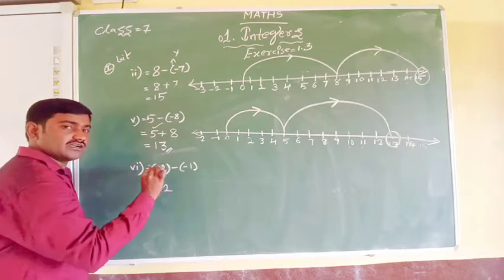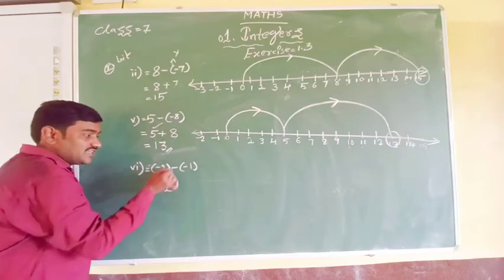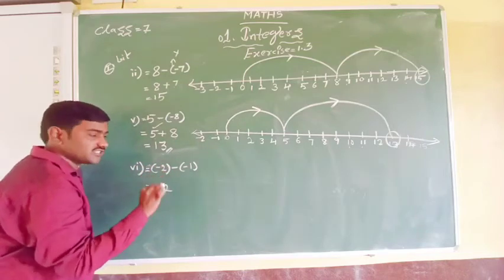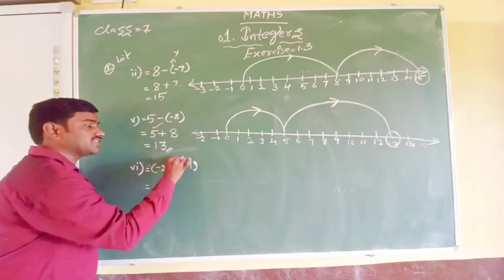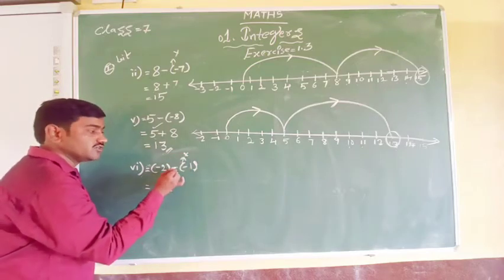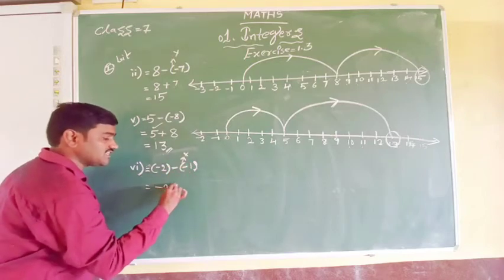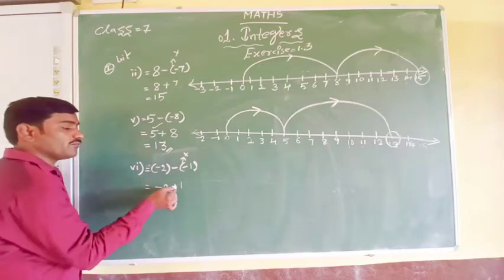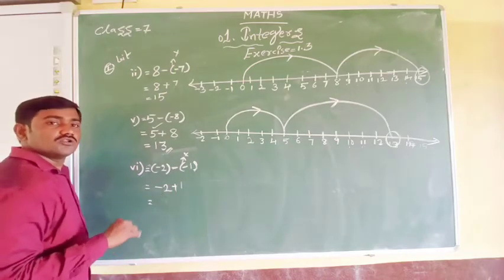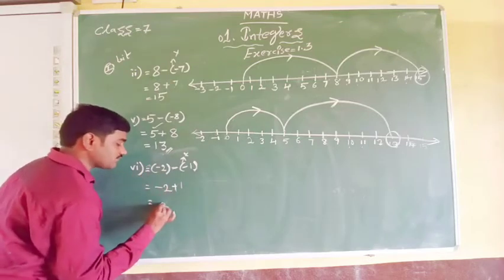If there is a bracket, definitely we have to multiply the symbols. But here there is none. This itself is the first number. So we write it as it is. Here we have two numbers immediately with a bracket. Bracket is nothing but a multiplication, we know. So we have to multiply these two symbols. Minus into minus, that is plus. Here 1 plus 1 we got. So here one positive number, one negative number we got. So what do we have to do? We have to subtract. 2 minus 1, you do it. You get minus 1 here.